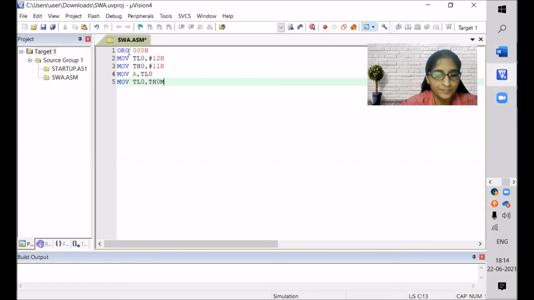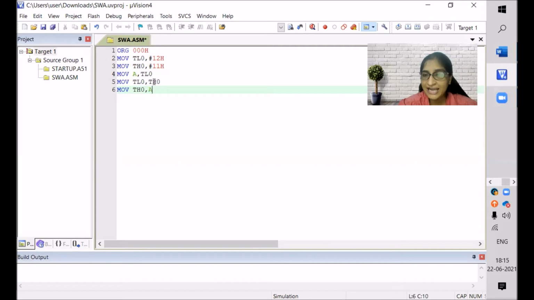Now our last step: MOV TH0, comma, A. Is this line clear? As we have transferred the data of TH0 into TL0, our TH0 is empty. Now what is there in the accumulator?